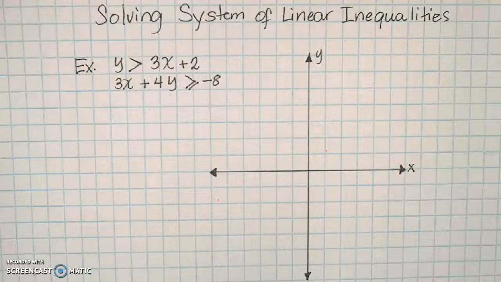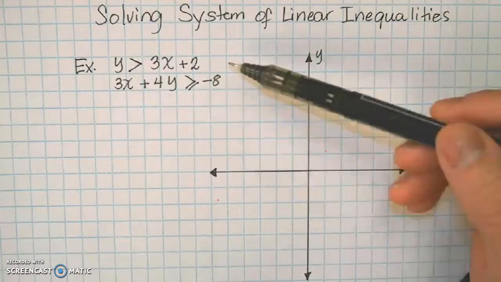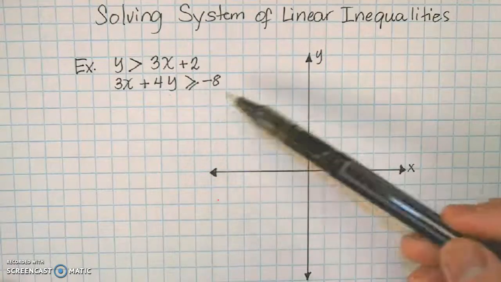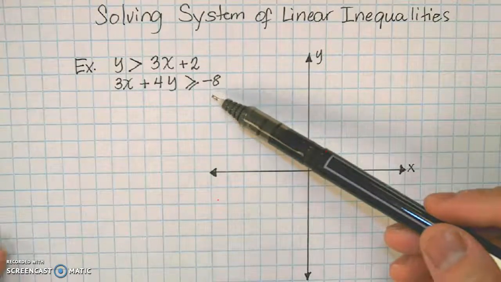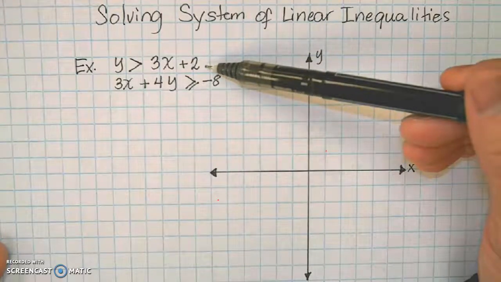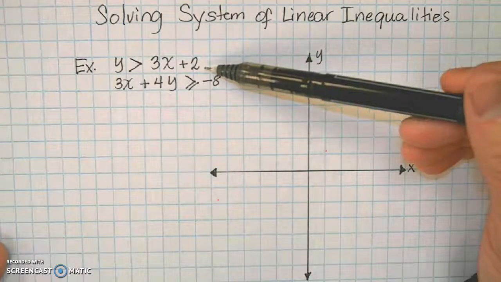Today we're going to discuss solving systems of linear inequalities. Example: y greater than 3x plus 2, and 3x plus 4y greater than or equal to negative 8. So let's begin graphing. This line right here is already in the form of y equals mx plus b,